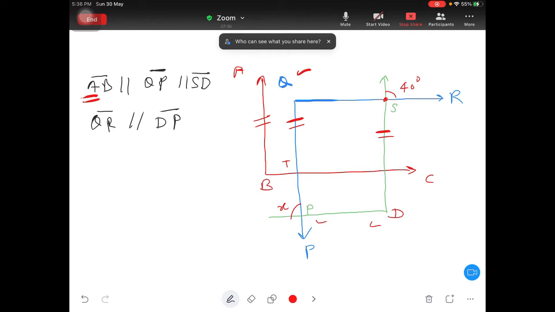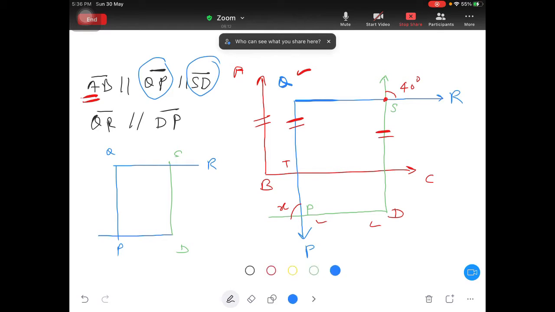Now you understand, I am drawing the line QP here. Let me use blue color. I am drawing the line QP here, and I am drawing the line SD here. Okay, these two are parallel, QP and SD, they are parallel, so I took QP. So this one is my Q, this one is my P, and you can see this is my S, this is my D. Now we can draw another two lines, QR and DP. So QR I can draw like this, and DP I can draw like this. So now just extend the lines so that we can show something.